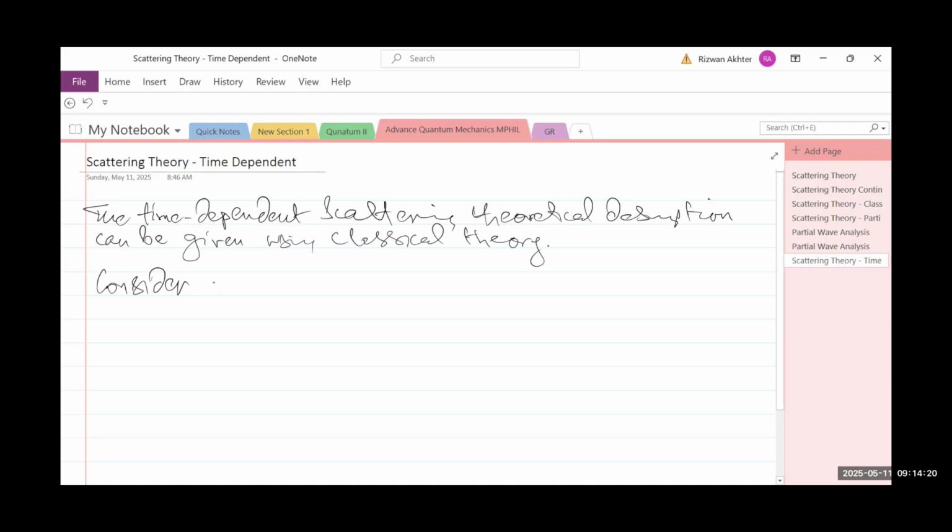So similarly, we consider the classical description of scattering theory rather, and then we would switch to the quantum case. In so doing, we consider the scattering of slow electrons off a heavy atom, and we would see that this scattering